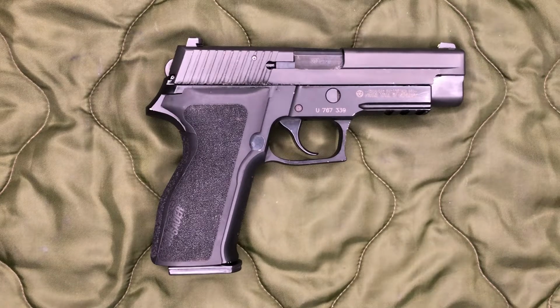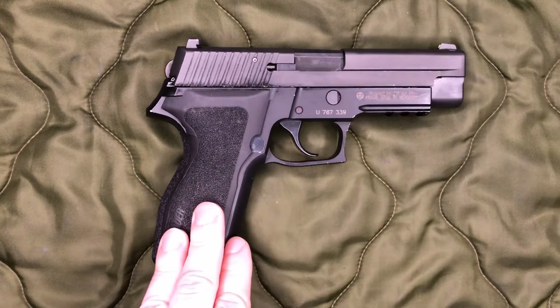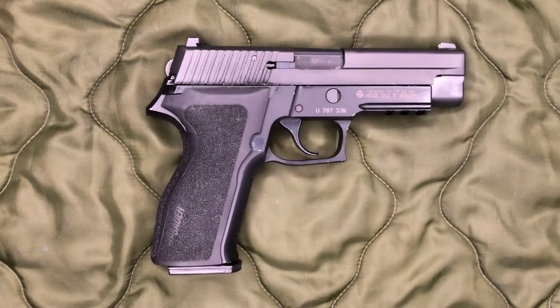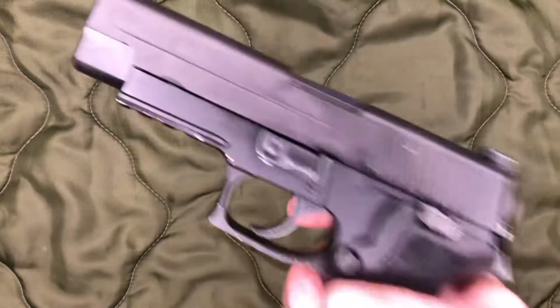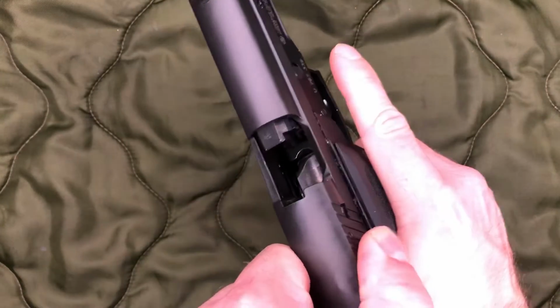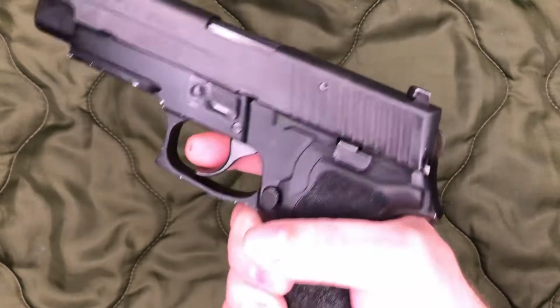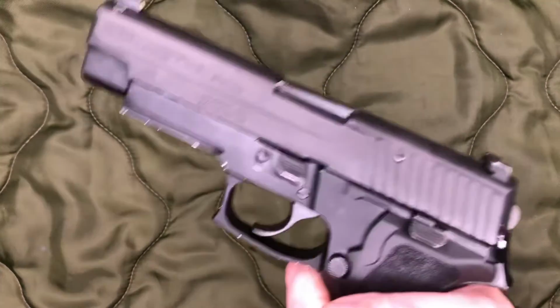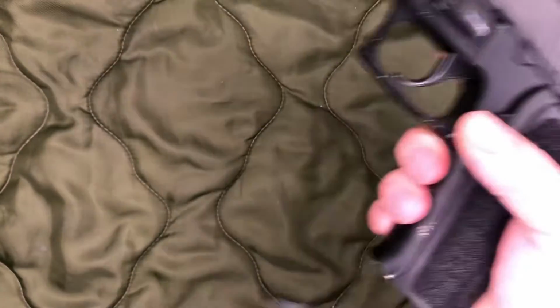I wanted to make sure I know what caused my trigger weight to change. So before I put on these grips and changed out those internal mainspring parts, I went ahead and got my trigger pull gauge out, because I don't believe I had that when I did my first review of this gun, and checked out the trigger weight. Now, in case you guys aren't aware, these DAK triggers are really weird. Again, it's double action only, but this gun still has 2 different trigger pull weights. I know, it's freaking voodoo, but...